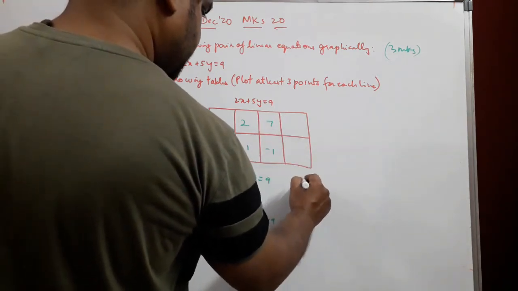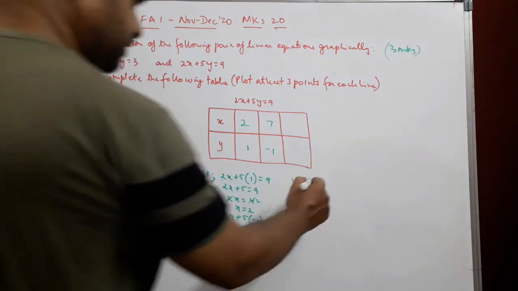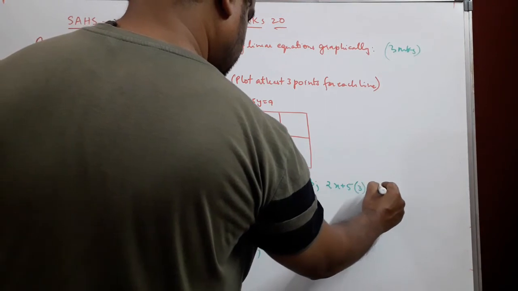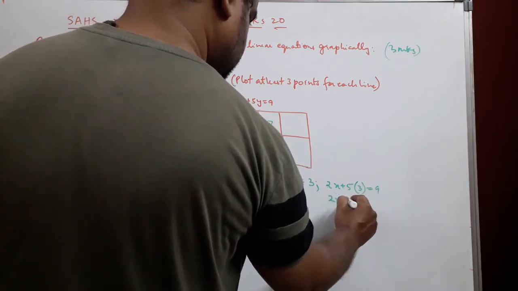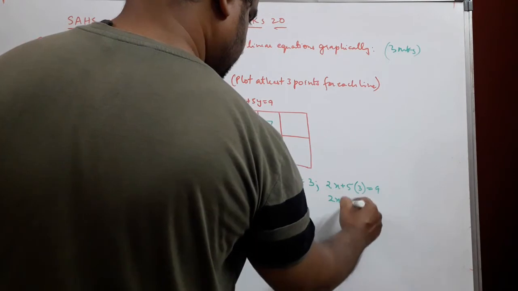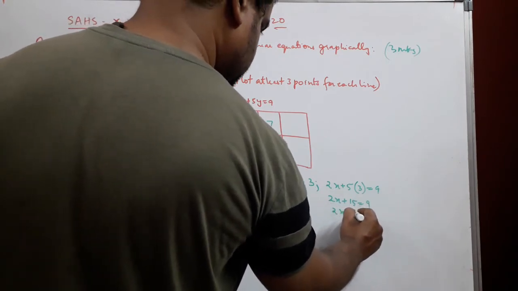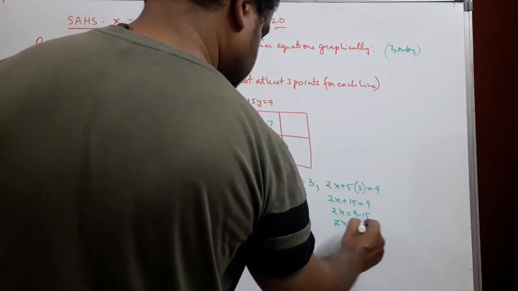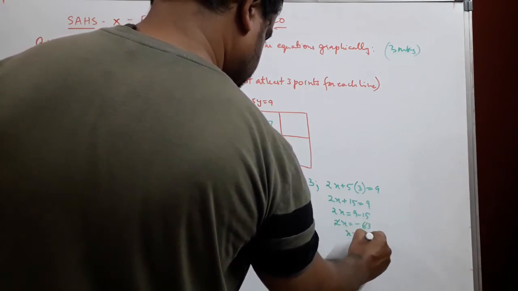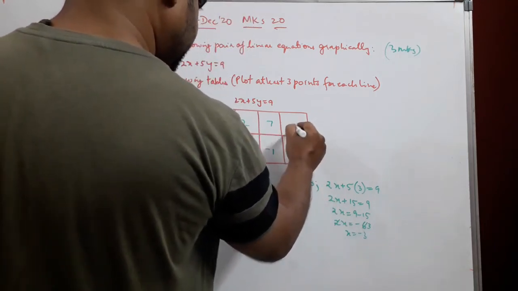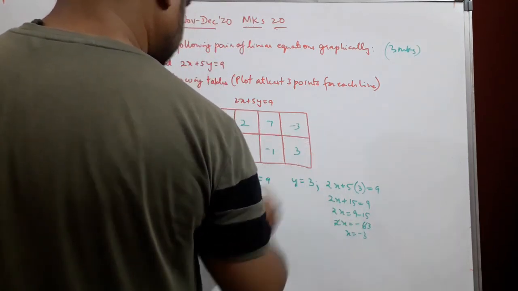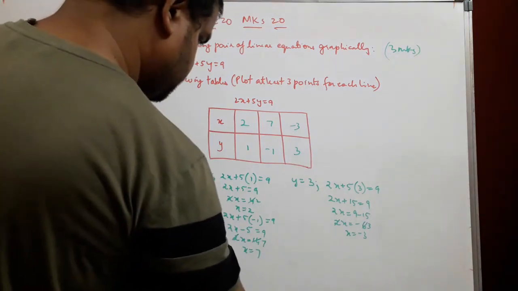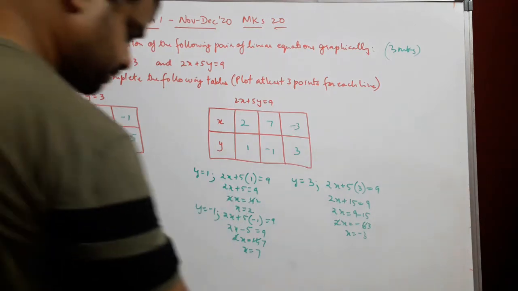Next I'll try to take y equal to positive 3. Let's see what we get over here. 2x plus, instead of y we put positive 3, equal to 9. 2x plus 15 equal to 9. 15 I take on the other side, it will be 2x equal to 9 minus 15, that would be equal to negative 6. 2 1s are 2, 2 3s are 6, we get x equal to negative 3. Okay, so this is negative 3 and y is positive 3. Okay, so these are the points. We can get many other points like this.